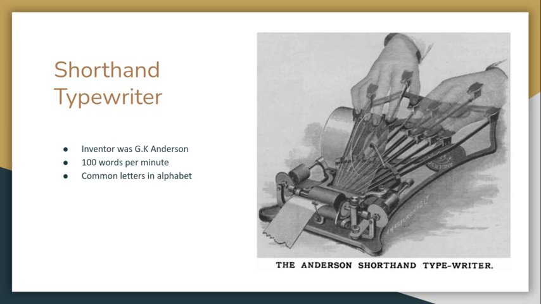The shorthand typewriter. Another method of communication that was drastically improved during the industrialization was the typewriter. The shorthand typewriter was an innovation made to a regular typewriter. This innovation was made by J.K. Anderson in 1890. Its purpose was to take notes at a faster rate rather than